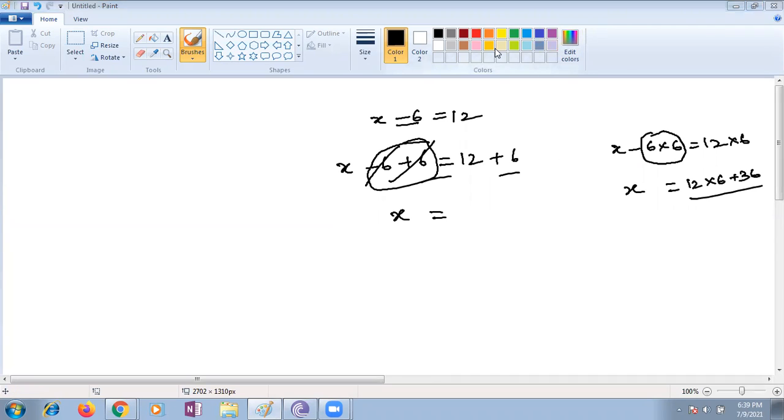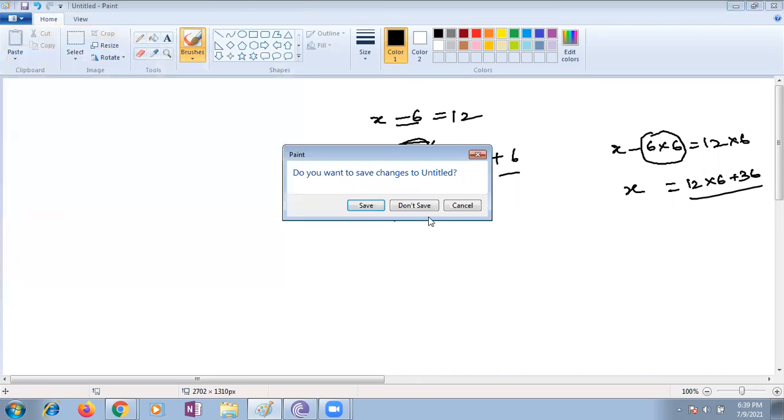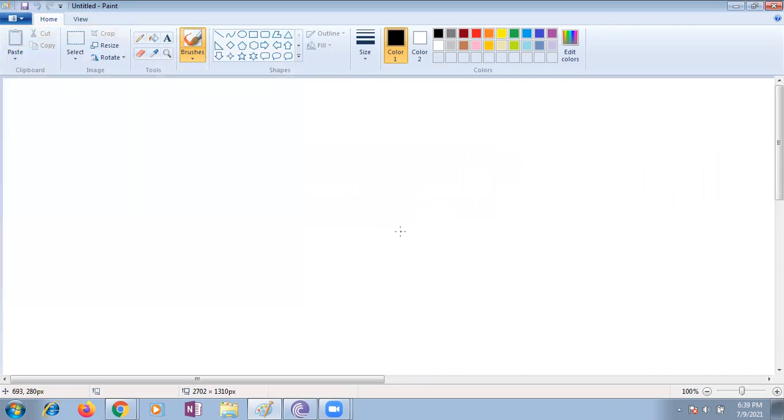This is the thing you have to think, children. At least some part you are supposed to think about what is happening in balancing. Research on it, please. Don't learn straight rules like minus becomes plus, plus becomes minus.